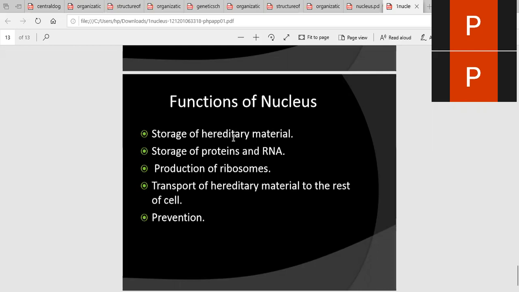So it also has a preventive function, preventing the transfer of some genetic material outside the cell. Okay, so it works also as a preventive. Okay, up till now we have studied the nucleus and nuclear membrane, its structure and its role in the cell and its function in the cell metabolism.